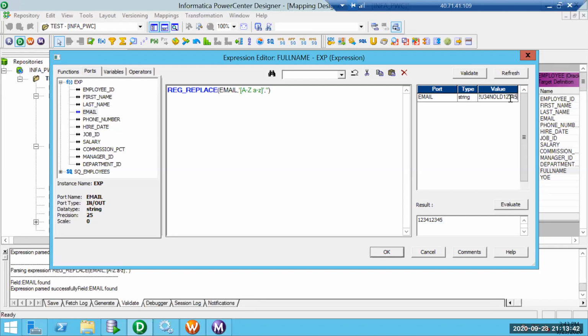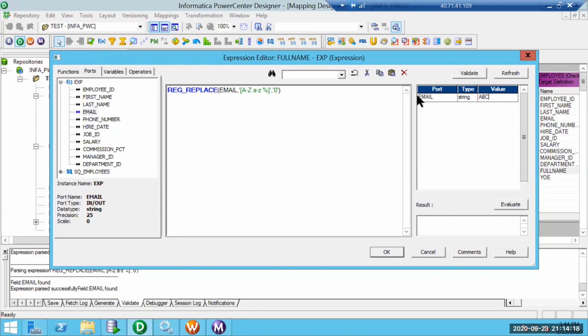If I want to replace with some other value, I can do that. Let's suppose I replace with 0. Take 1A, S, B, 2, G, 4, 5, 5, 6. Let's suppose I have percentile, which I have not mentioned in the pattern, so percentile will be retained in this case. Whatever we mention here will get replaced.